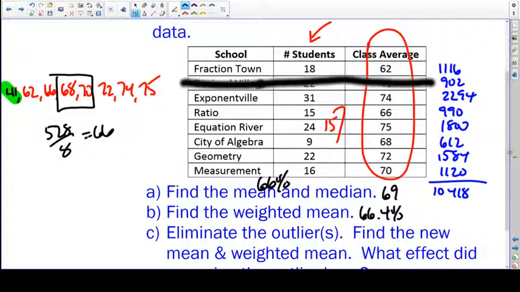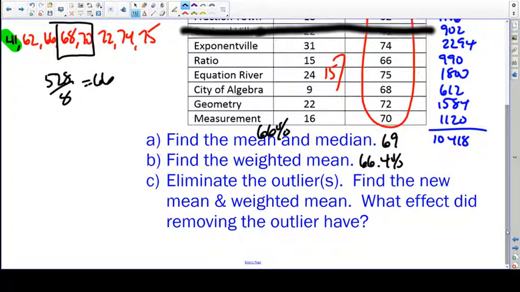If we want to just add those numbers up together, 62 plus 74 plus 66 plus 75 plus 68 plus 72 plus 70, and we divide that by 7, and we get, if we round, 70%. So the new mean goes up from 66